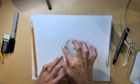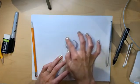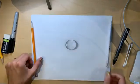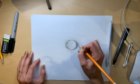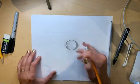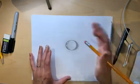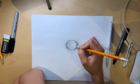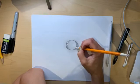You can even make some shadow all the way around if you want to, but not as dark, obviously. Maybe that shadow is a little bit too big, I'm not sure. Smudge it in. Now a neat thing is to put a little bit of light coming through with your eraser. Just erase part of the inside, so you're making a tinier moon shape